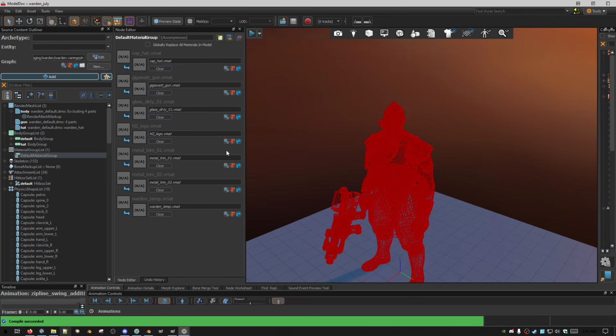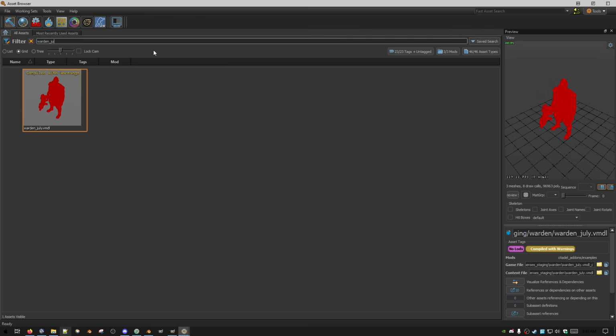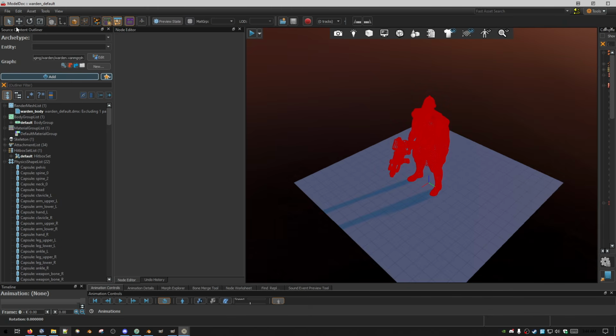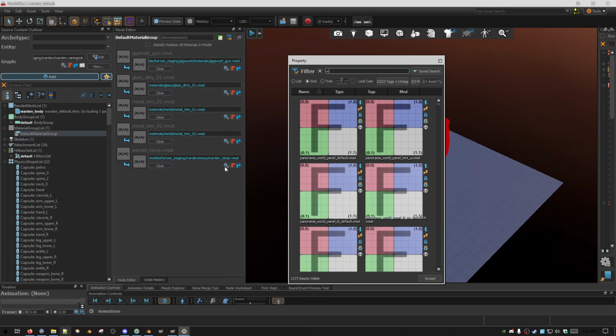Save and compile, and now there's virtually no difference between what we just did and the Warden default, so we might as well just go back to Warden default because it's more complete anyways. All that time wasted because we still have to actually. So let's search for